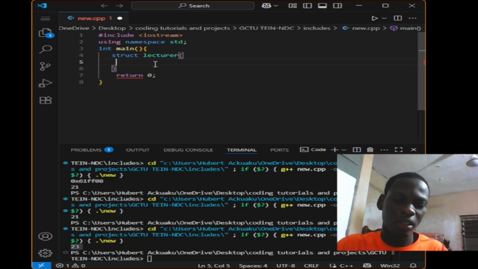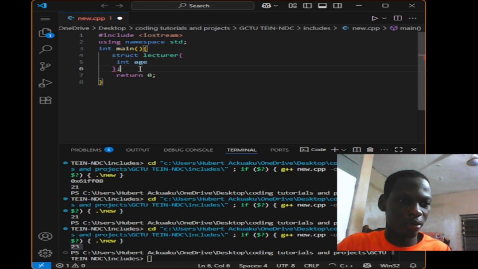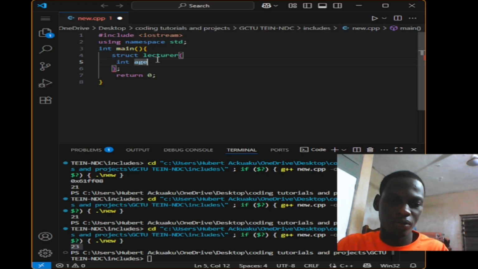You just declare the variables. Maybe you want to store the age. So you type int age